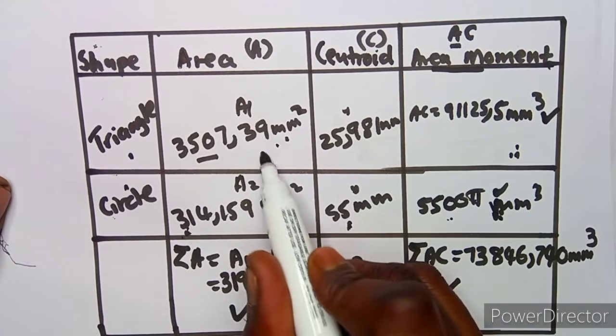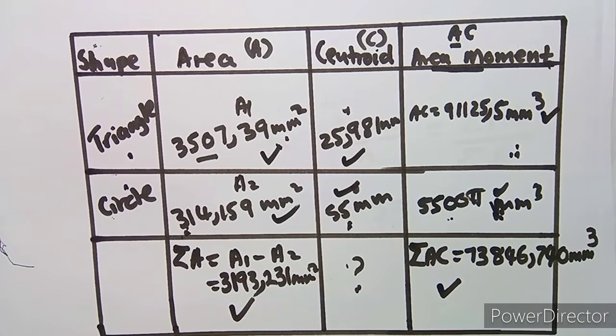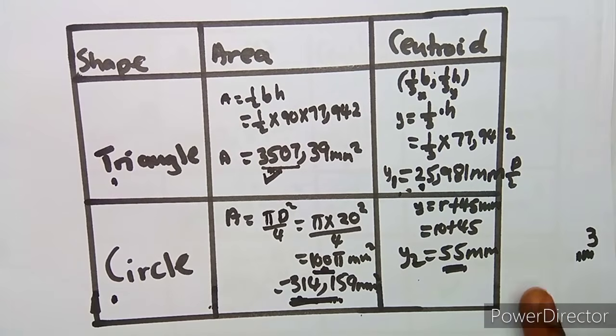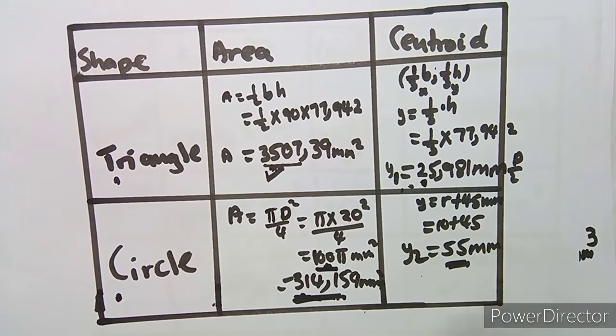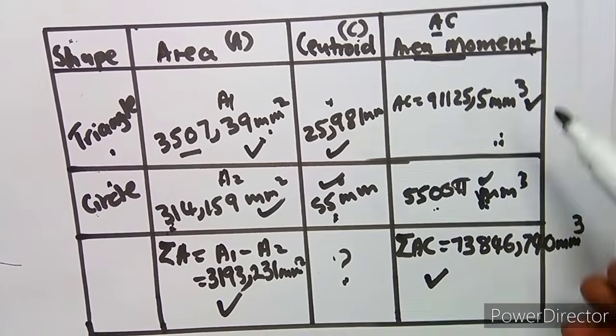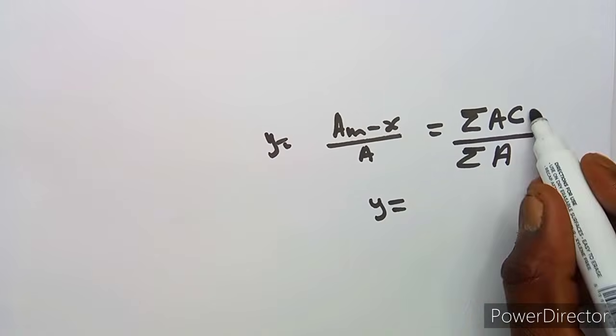Like I said, this is a repetition from the first diagram. It's not changing what we did on the first diagram. You just repeat the same as it is on this diagram. The only thing you're going to add is the area moment and also the sum of the areas. Okay, so now you're going to substitute the area